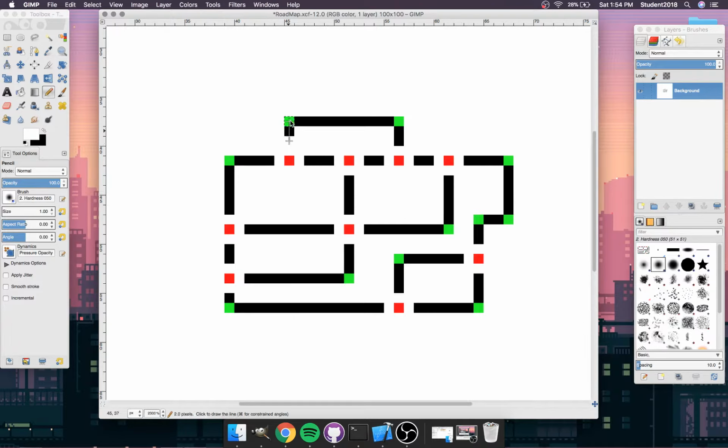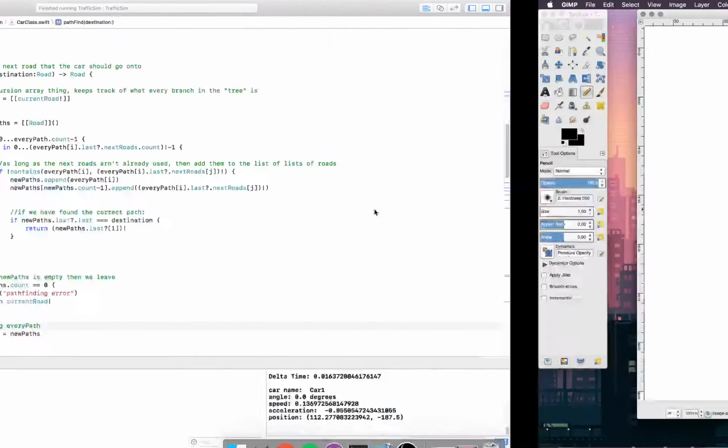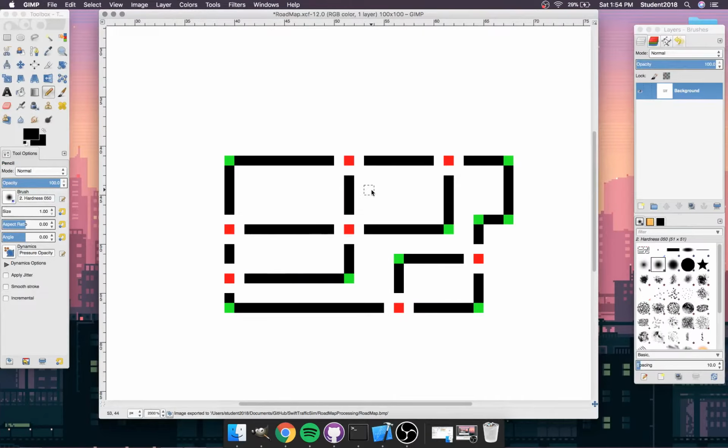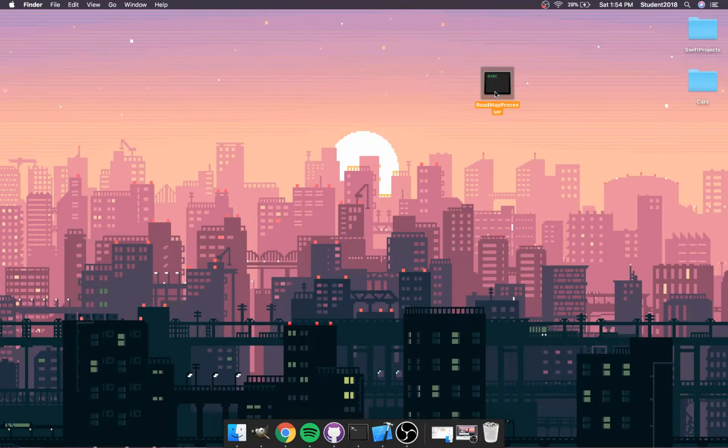You could really use any kind of program, like Photoshop, Microsoft Paint would even work, right? But I'm on a Mac, and the easiest thing for free that I could get was just GIMP. So as easy as that. I'm going to export it, but before I'm able to run my Swift program again, I'm going to need to run this other executable that's going to